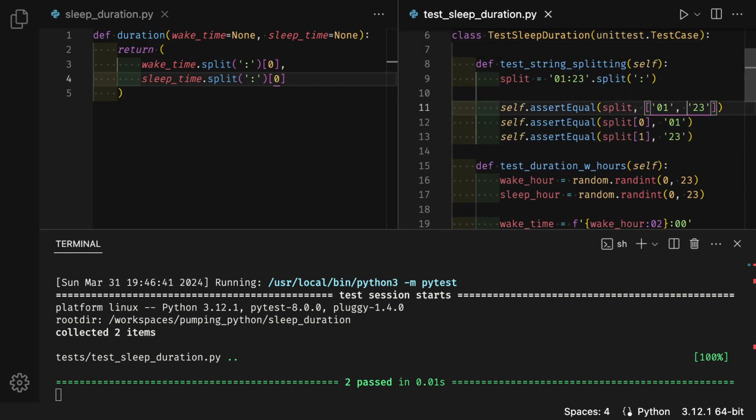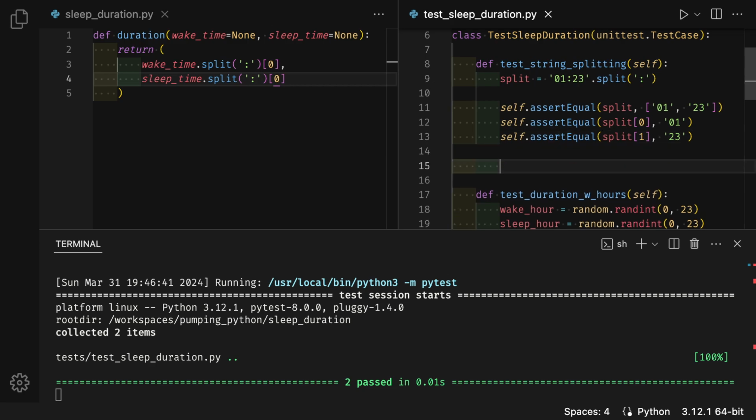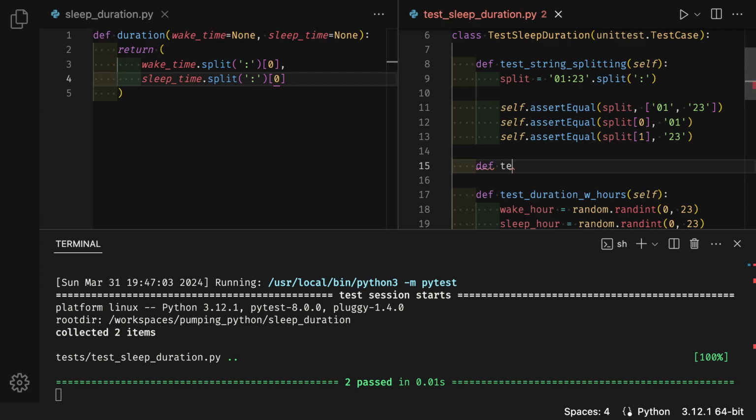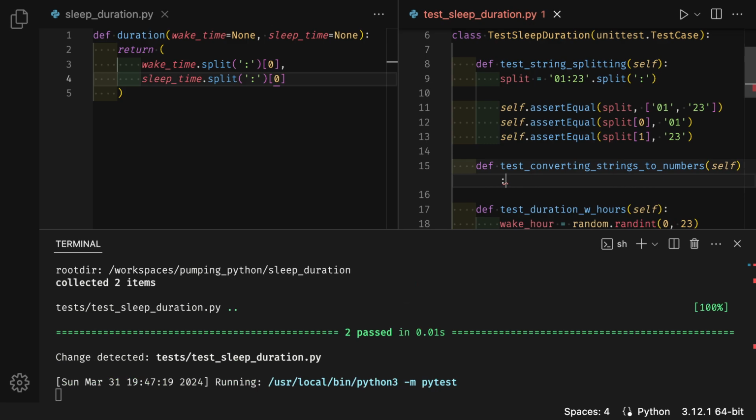The result of splitting the string or the timestamp is still strings. And earlier on when I tried to subtract one string from another, I got a type error. I'm going to add a test to see if I can convert a string to a number. def test_converting_strings_to_numbers(self):